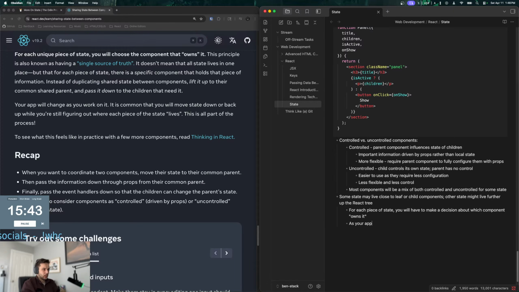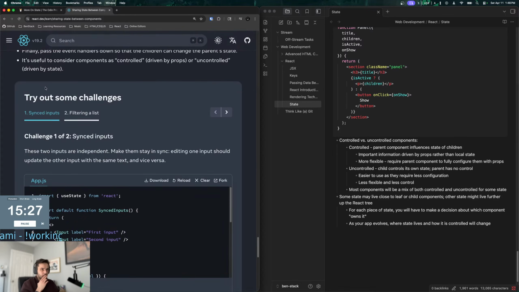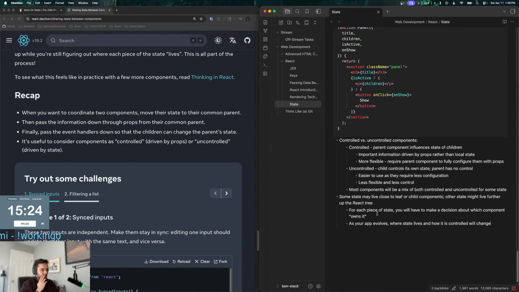As your app evolves, where and how state lives and how it is controlled will change. Okay, all right, so I think we're good to do these challenges now.